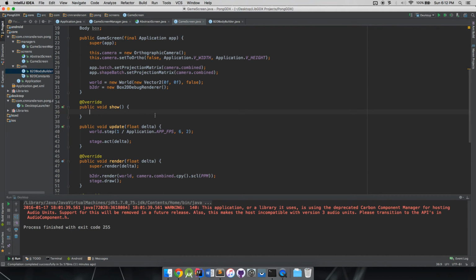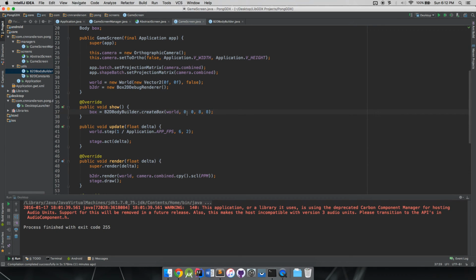So we're getting started little by little. So box equals B2D body builder dot create box. We'll pass it the world, and we'll set the center as 0, 0. We'll give it a height and width of, how about 8 by 8,